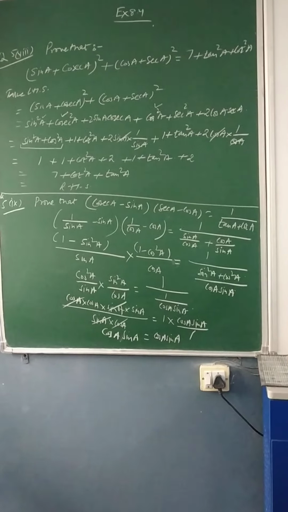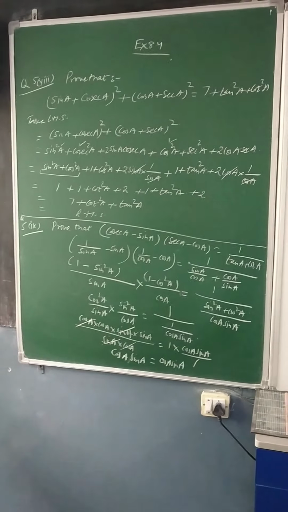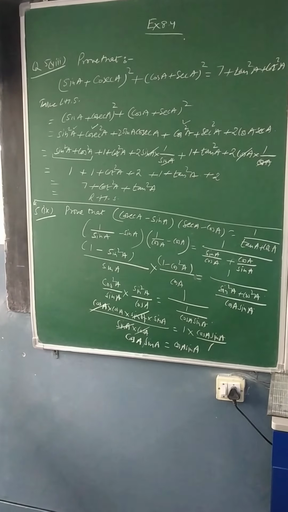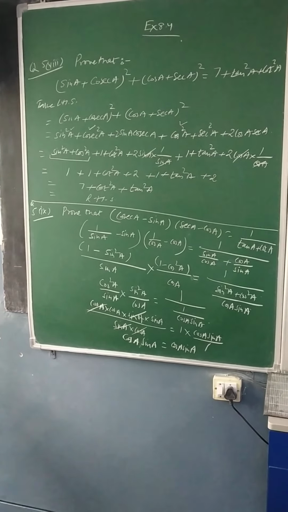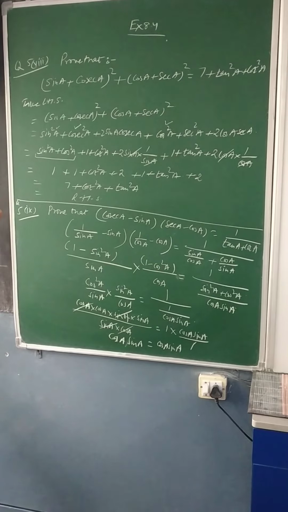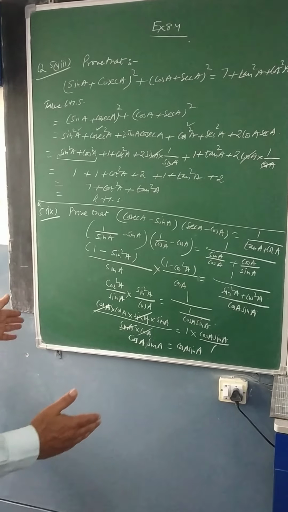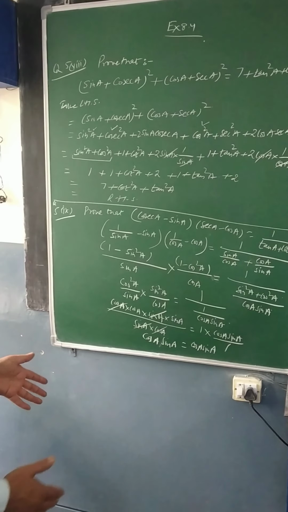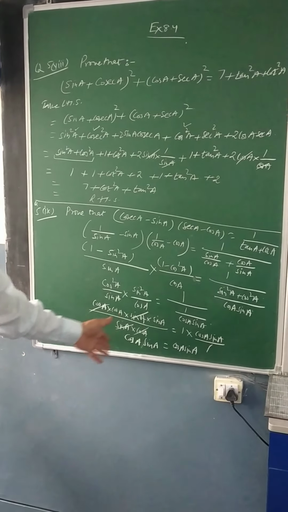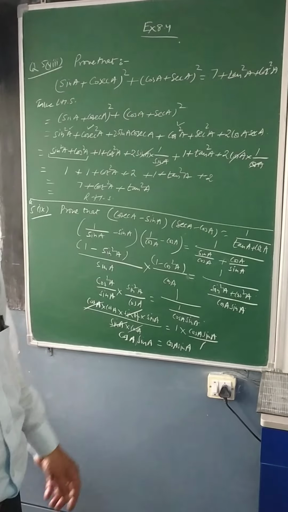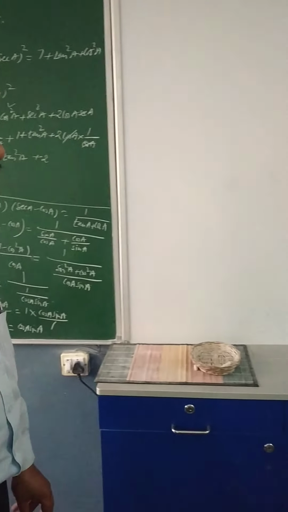I hope that is clear to you all. So in all kinds of possibilities, whatever is possible, I am doing that. I have started in some of the questions with left hand side and we are getting the right hand side. In this question I worked out simultaneously, so it is also possible. Finally you can check, always your left hand side will be equal to right hand side.